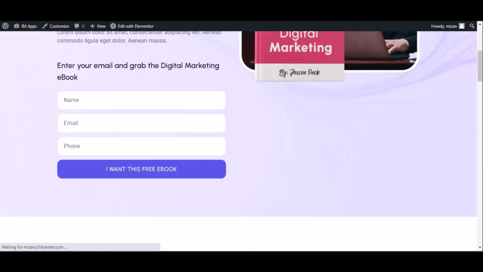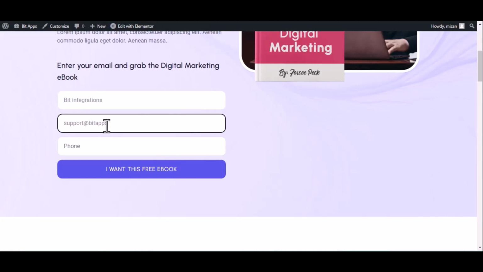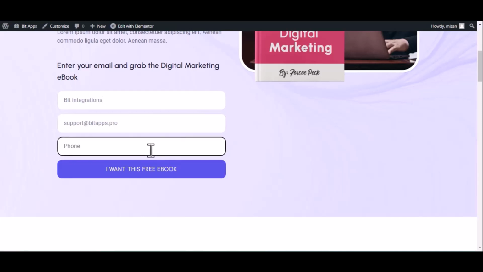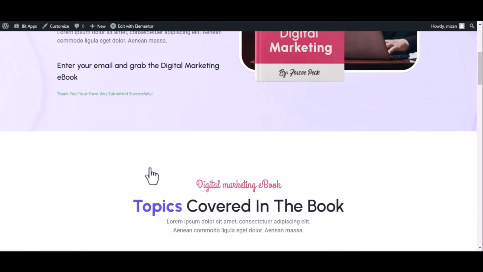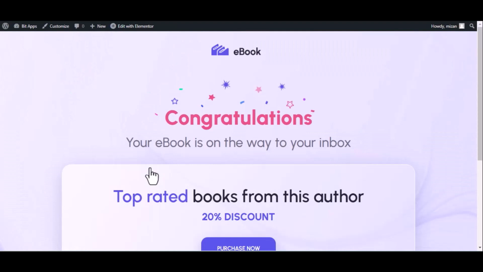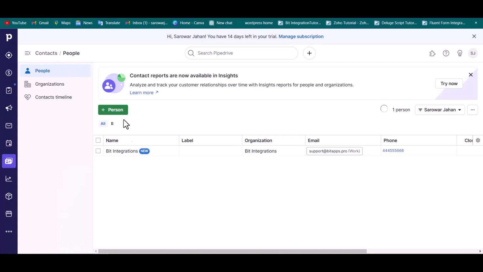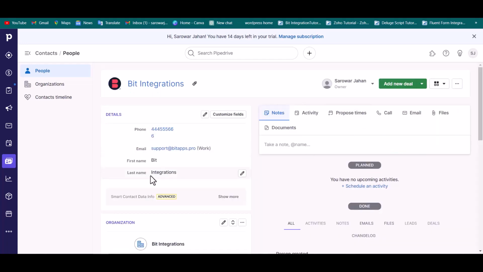Now go to your form and type some information. And submit the form. The form is successfully submitted. Go to the Pipedrive site and go to the people. And you can see that the data came successfully in